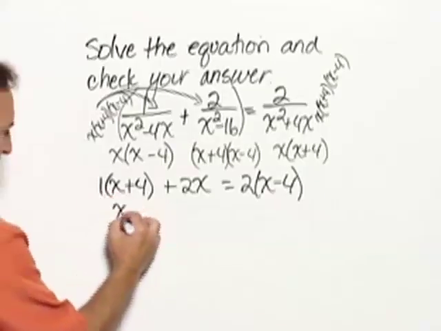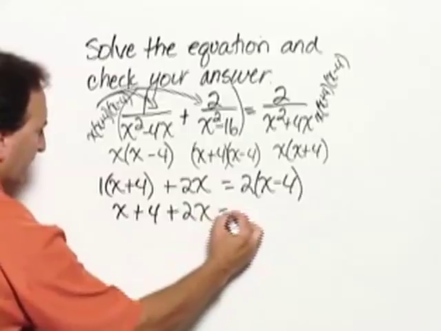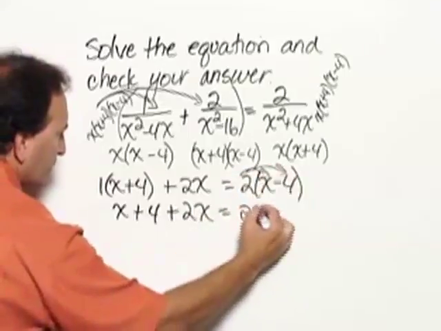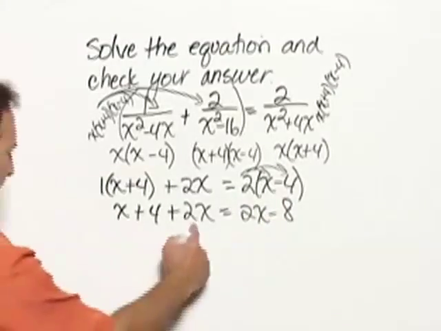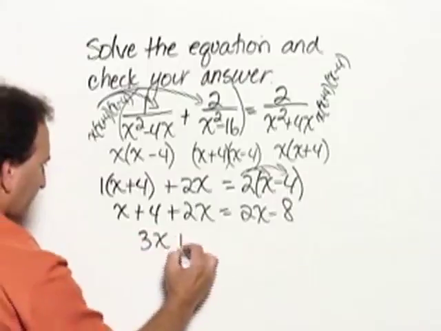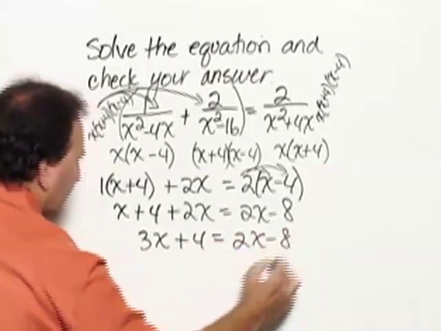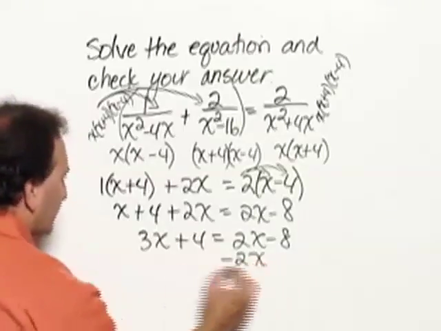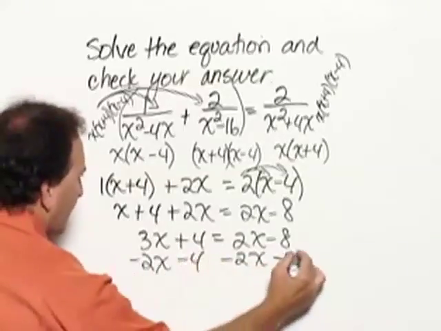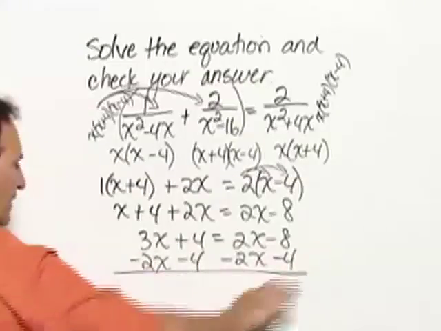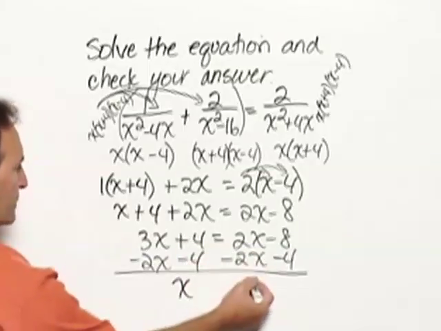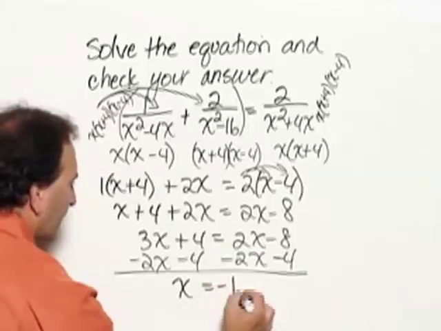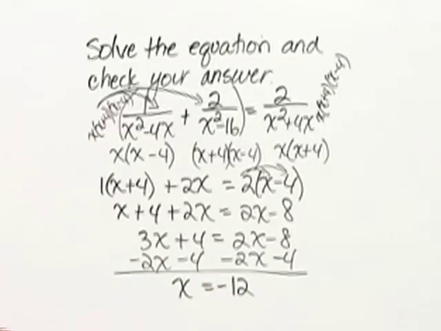Simplifying each side, here we have x plus 4 plus 2x equals, distributing the 2, 2x minus 8. Let's simplify the left-hand side, where we combine x plus 2x to get 3x plus 4 equals 2x minus 8. Let's subtract 2x from each side, subtract 4 from each side, which gives us the x's on the left side, the constants on the right side. 3x minus 2x is x, 4 minus 4 is 0, 2x minus 2x is 0, negative 8 minus 4 is negative 12. So we believe our answer is negative 12, but what we now need to do is check that